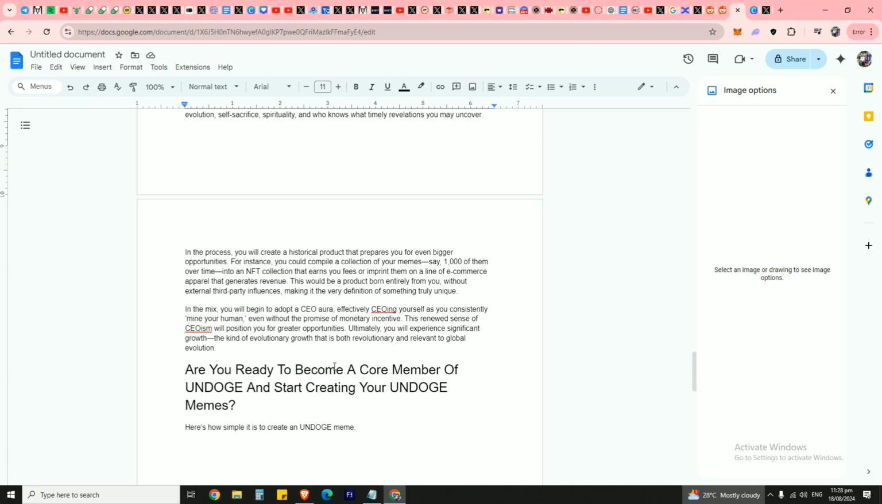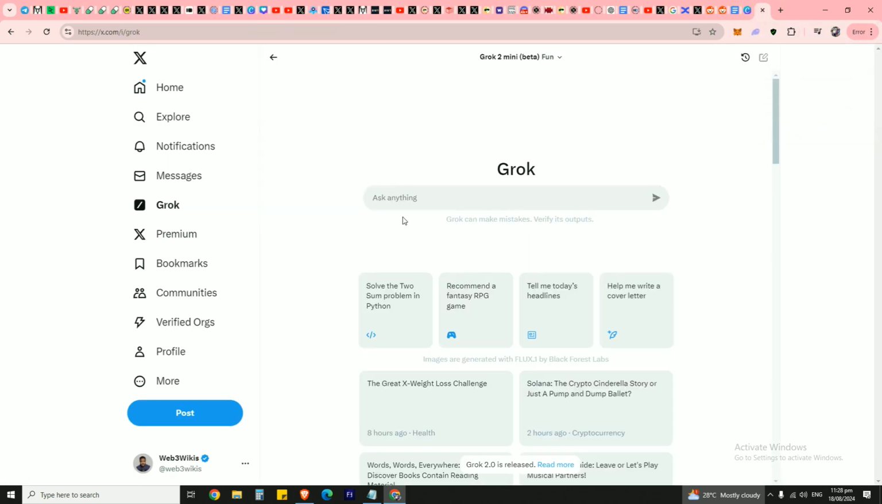Are you ready to become a core member of UNDOGE and start creating your UNDOGE memes? Here is how simple it is to create an UNDOGE meme. So, suddenly, Twitter has introduced Grok, which has simplified the process of creating an UNDOGE meme slightly, but not entirely,